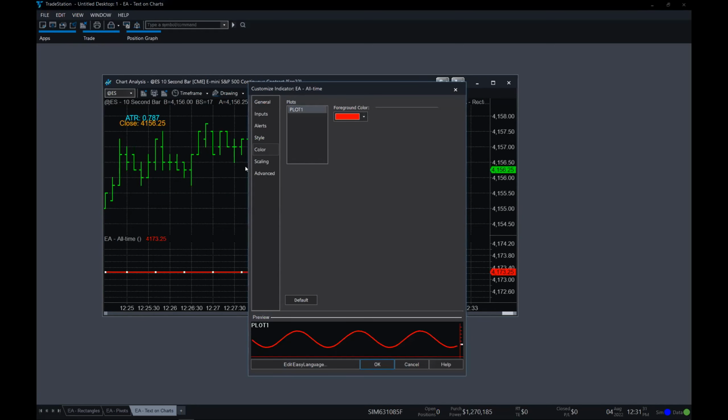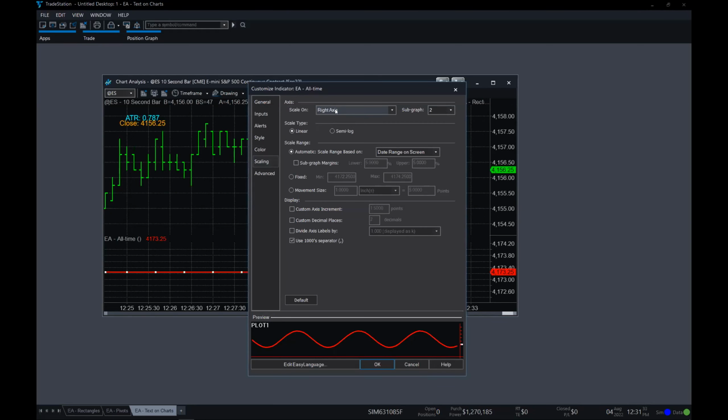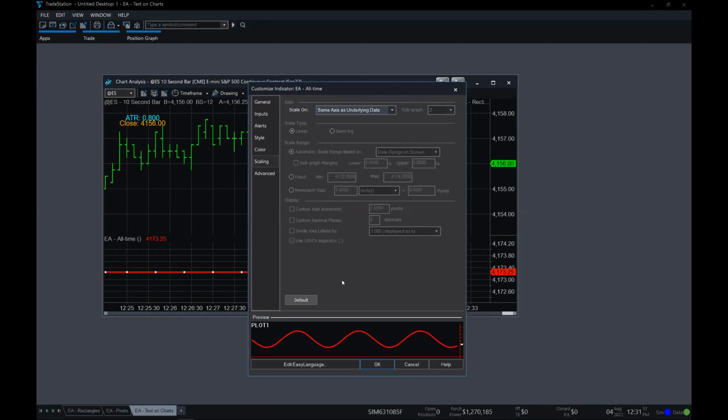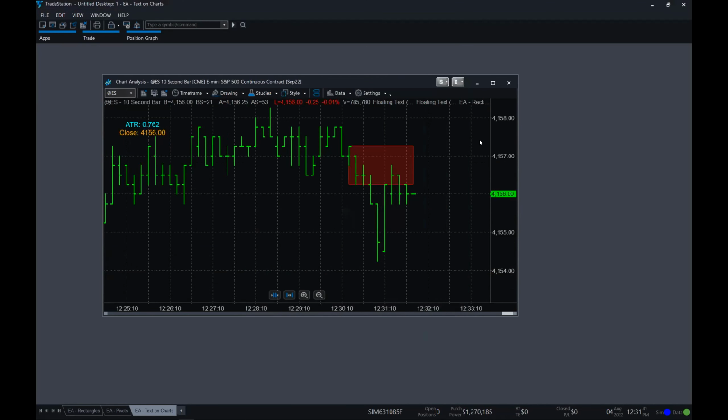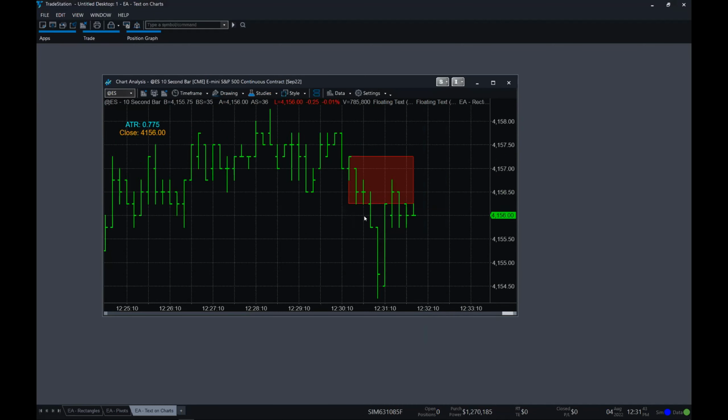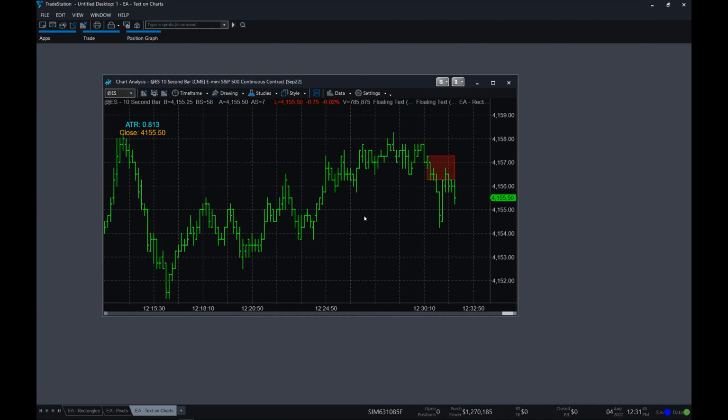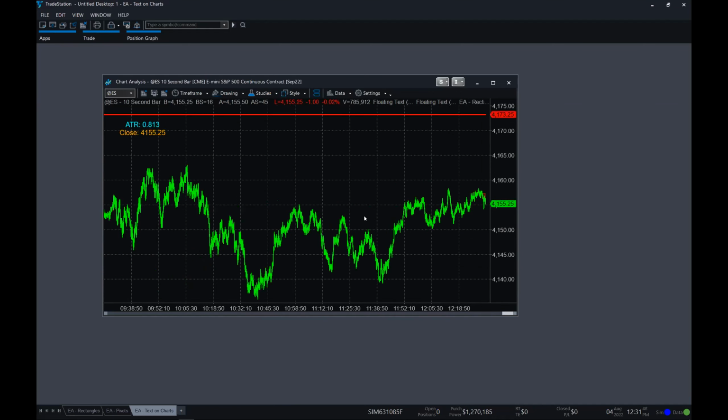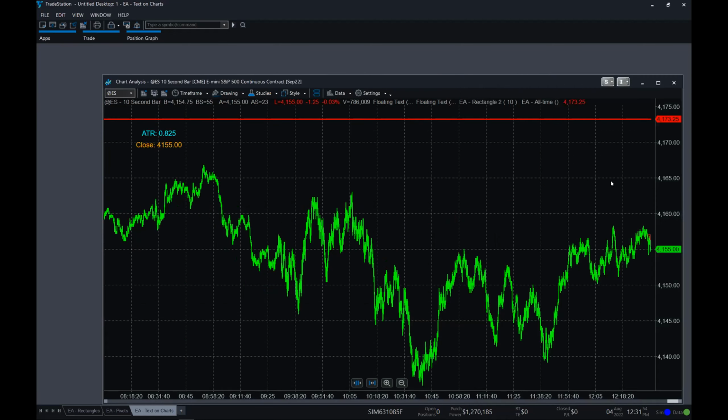And I guess actually we want the scaling to be the same axis as the underlying data, and I'll set that as the default. That's how we're always going to want that study. So now we're going to have to find that guy. Oh, there it is, way up there. There's our all-time high for the chart.